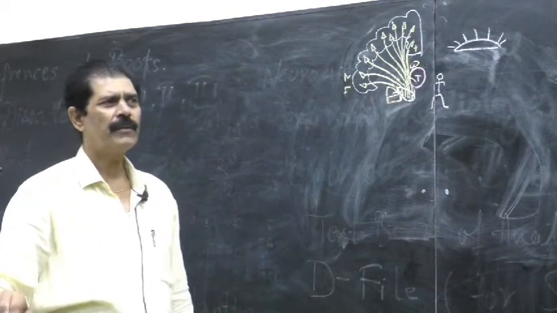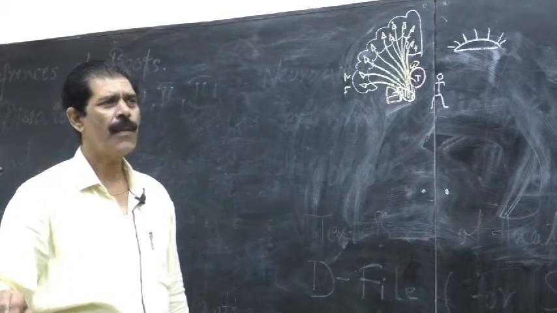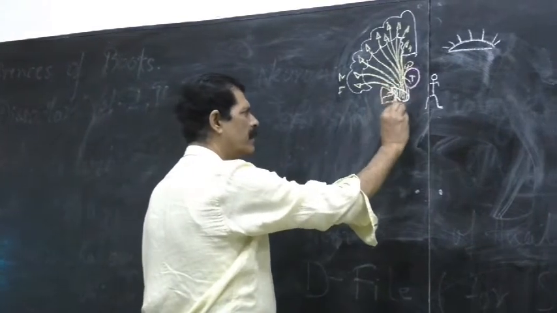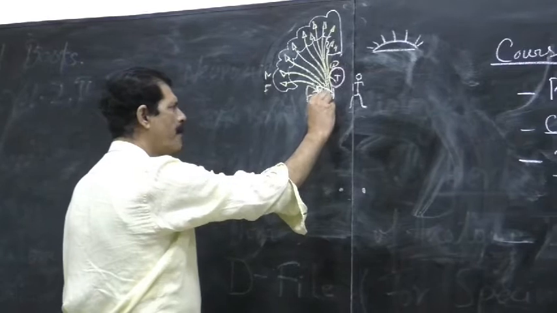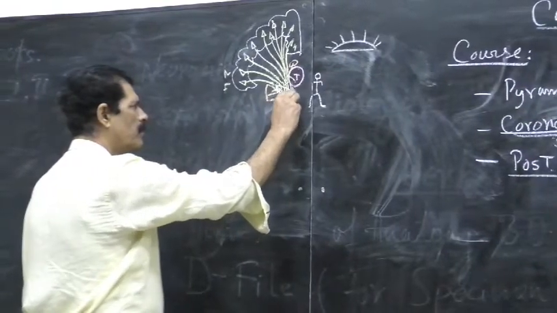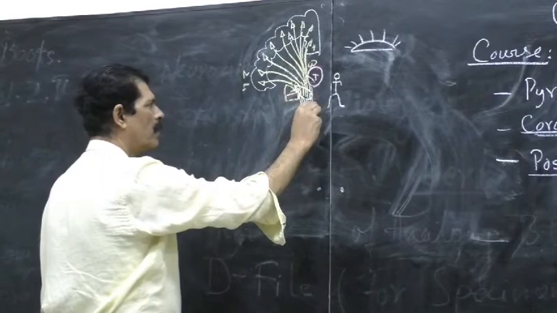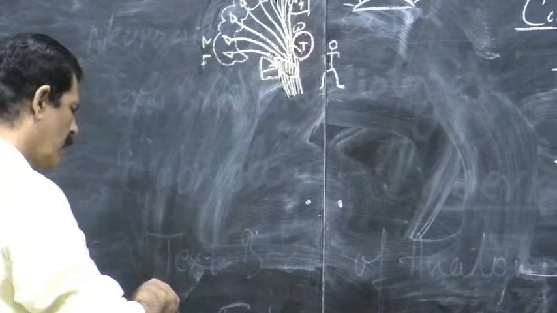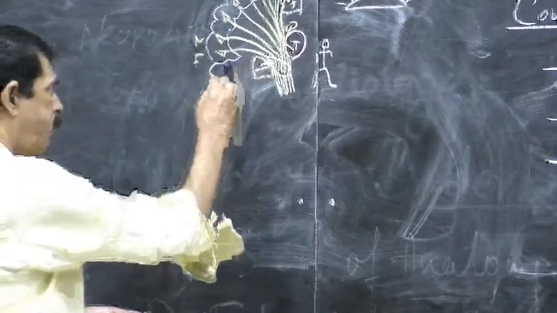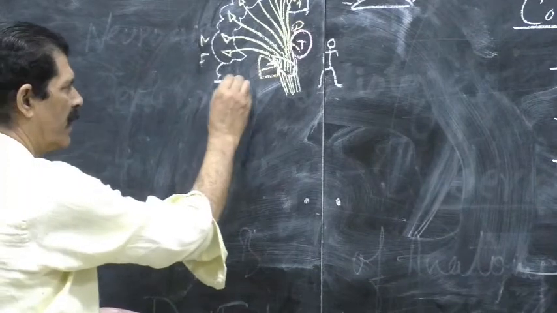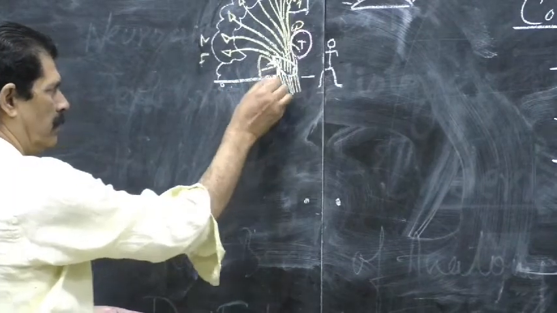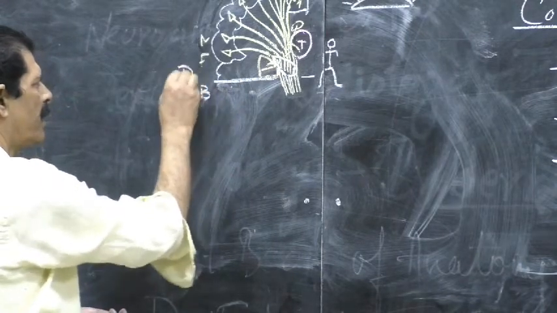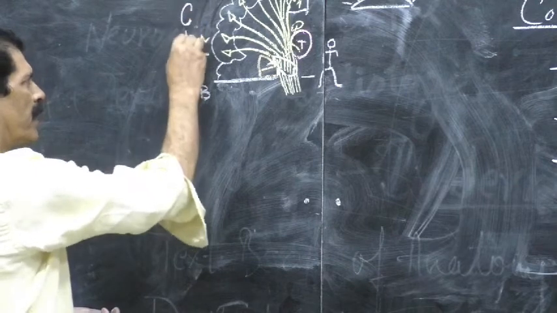Now the next part after the diencephalon, below, is the midbrain. As these fibers further descend, they become more compact. This is the line where the cerebrum ends. Where the cerebrum ends, the next part is the midbrain. This is the diencephalon, this is the cerebrum. So they are descending fibers.